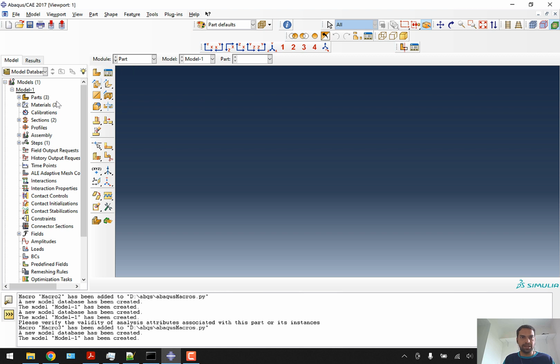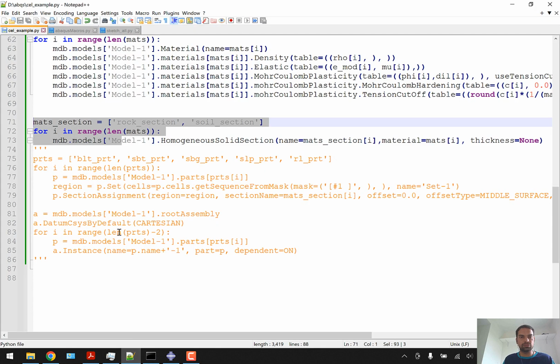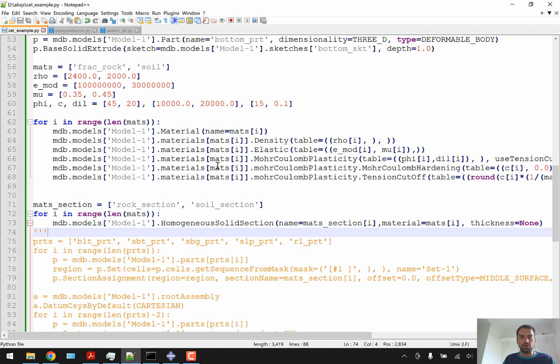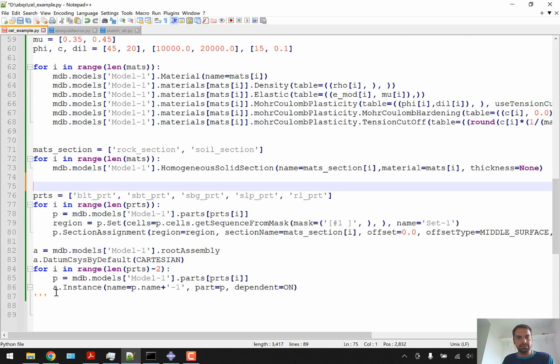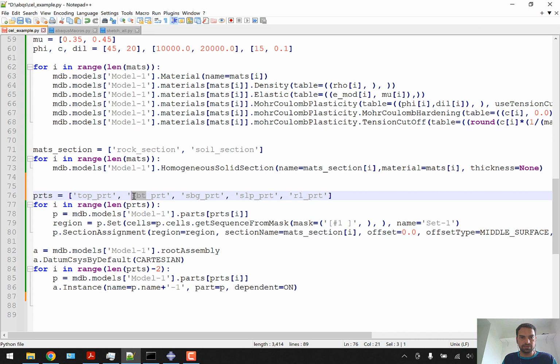And we can see that we have parts and we have sections. We have two sections with us, rock and soil section. Now we'll assign this rock and soil section to our parts. So we have three parts here: top, middle, and bottom. So I'm just going to uncomment this, and I'm going to call this top part, middle, and bottom part. And I will remove the other lines, it doesn't require them. So we have parts, we can get all the regions, and we have section assignment as material section. So basically what this line is doing is that it is assigning different